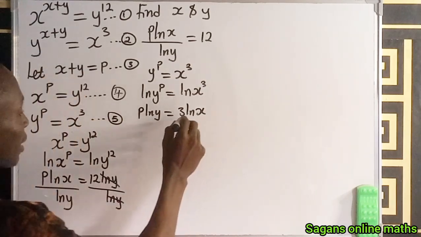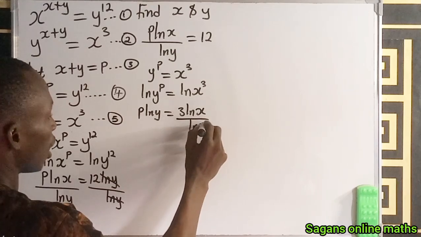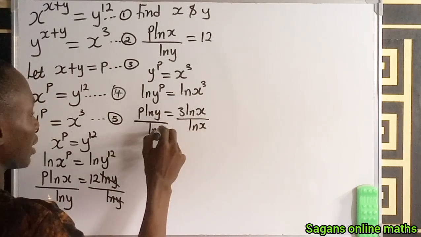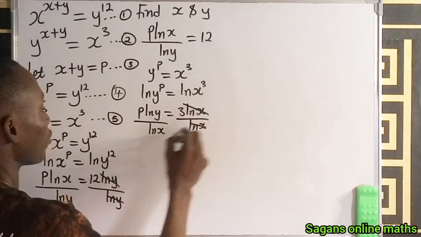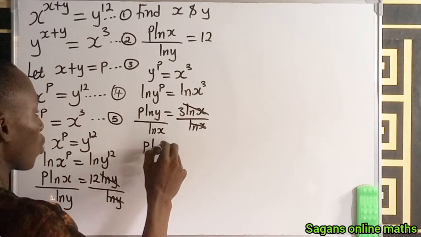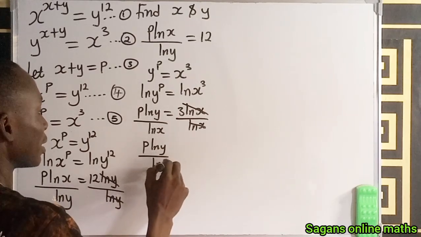Now I want to make 3 the subject of the formula, because 3 is constant. So I have to divide both sides by ln x. If I divide here by ln x, I also divide here by ln x. Now this will cancel out, so I'm left with p ln y divided by ln x is equal to